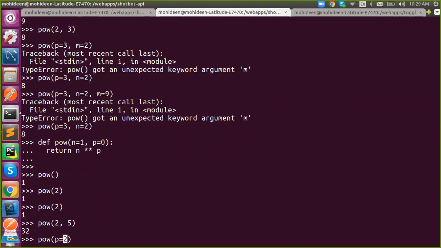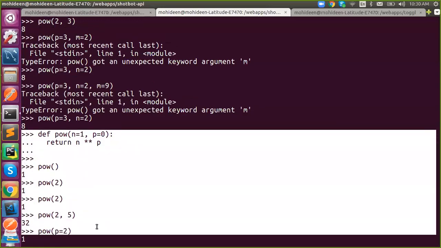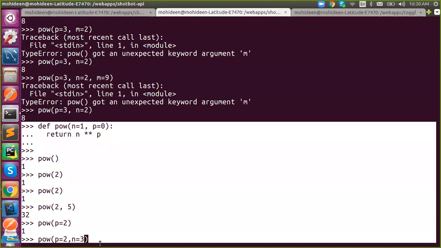Now, is it 1? Yes. 1 to the power 2 is 1. Now it is 3 to the power 2, 9.